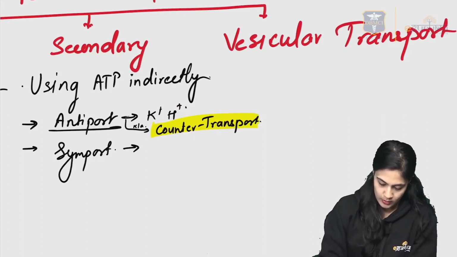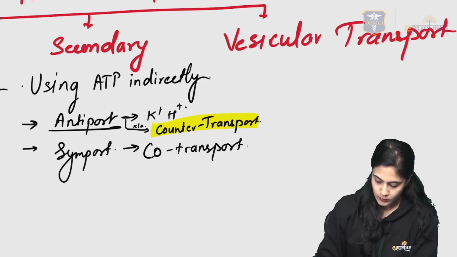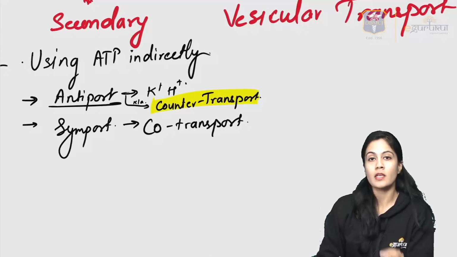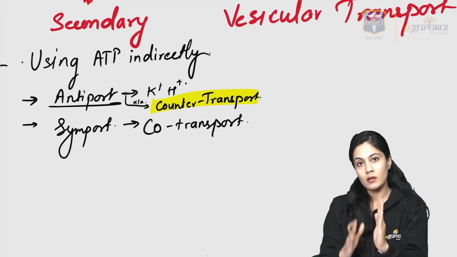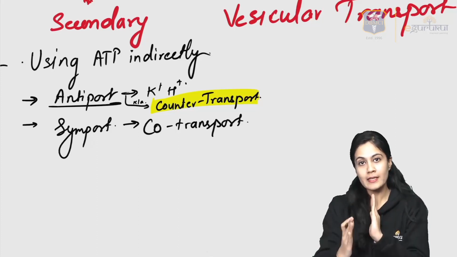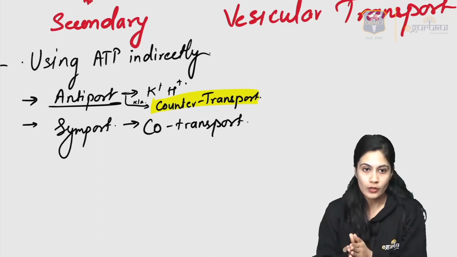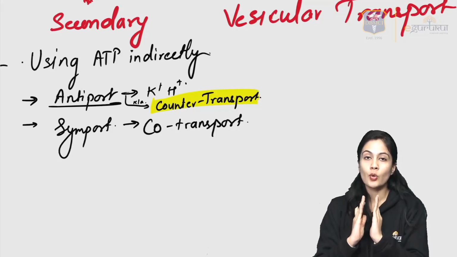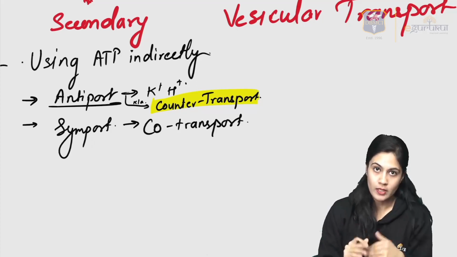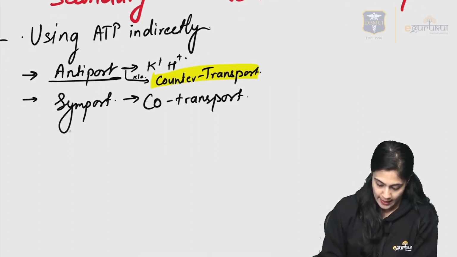And symport, similarly, is also known as co-transport. Anti means if one substance is going inside, the other substance will go outside, that is, they are in the opposite direction, that's why it is known as anti or counter transport. In the case of symport, both the substances are either going inside or coming outside, right? So that's why they are known as co-transport. Now the examples can be